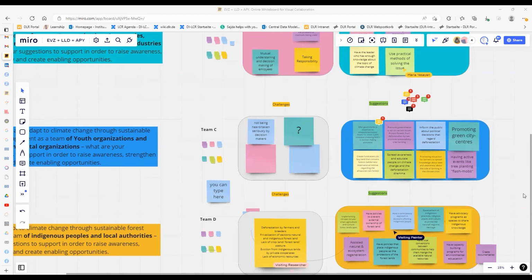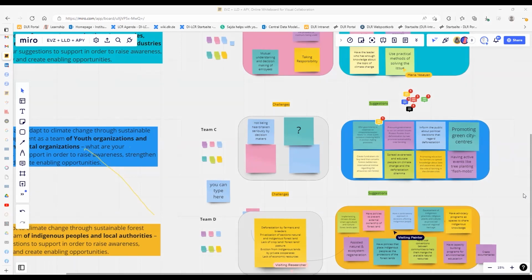This is because when we lose access to these lands and when these forests disappear, we don't just lose our livelihoods, but we lose our culture, we lose part of our religion and part of ourselves. So if there are policies or acts to recognize what we do, then we are more protected. And then have advocacy programs to share indigenous knowledge. There are practices that have been there for ages, and